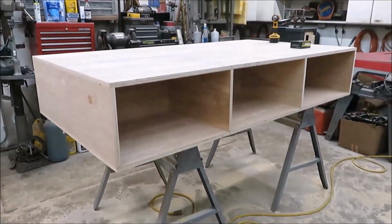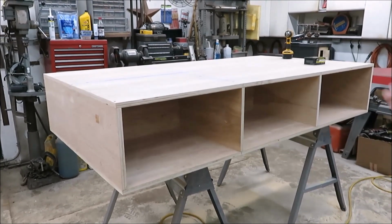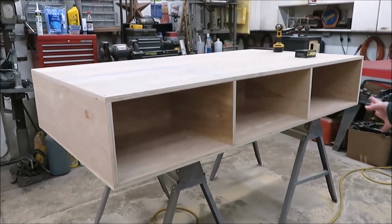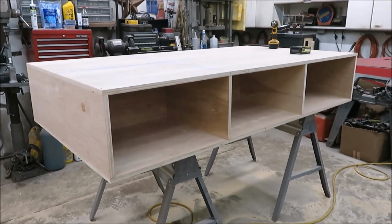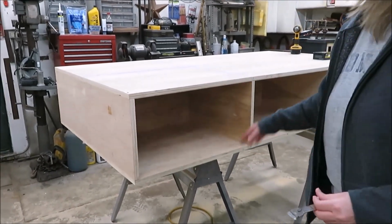Okay, as you can see, we got the cubbies all finished. So this is the bottom part of the bed that the mattress is going to lay on up here. And this is for Chase's toys or books or whatever he wants to put in there. And we're almost done with it. Right now we're just going to go ahead and do some trim pieces on this, and then we'll be finished